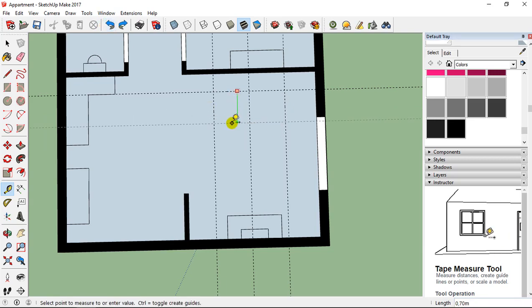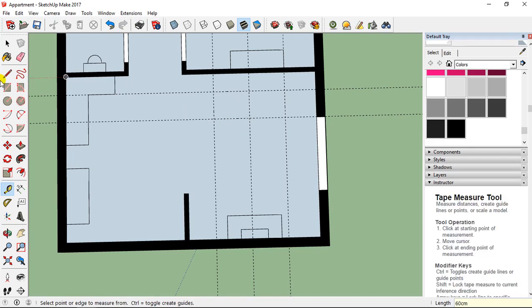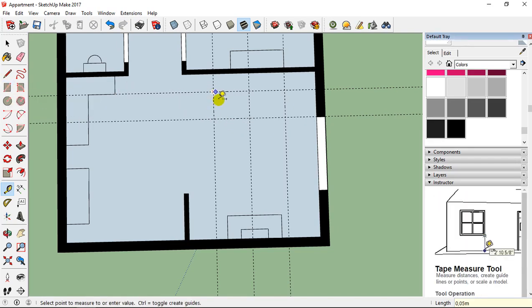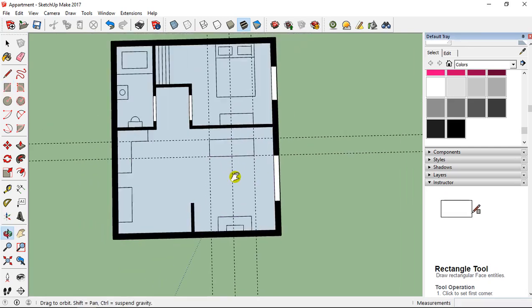Here I'm going to add a guide exactly at 60 centimeter. I take rectangle tool and I add a rectangle like this. And it's okay for that.